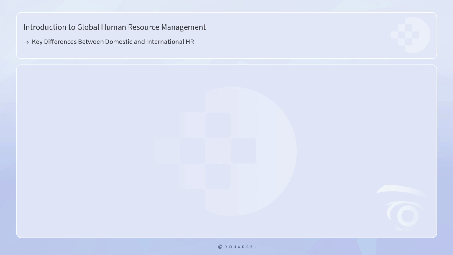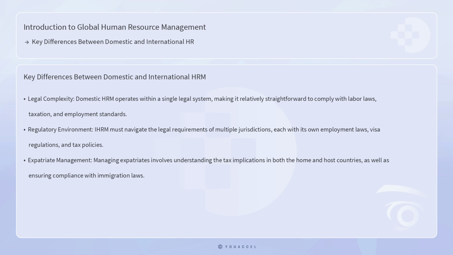Domestic HRM typically deals with employees within a single nation governed by a uniform legal and cultural framework. Conversely, international HRM encompasses managing a workforce across multiple countries, each with its own unique challenges and considerations. One of the primary distinctions lies in the complexity of the legal and regulatory environment. Domestic HRM operates within a single legal system, making it relatively straightforward to comply with labor laws, taxation, and employment